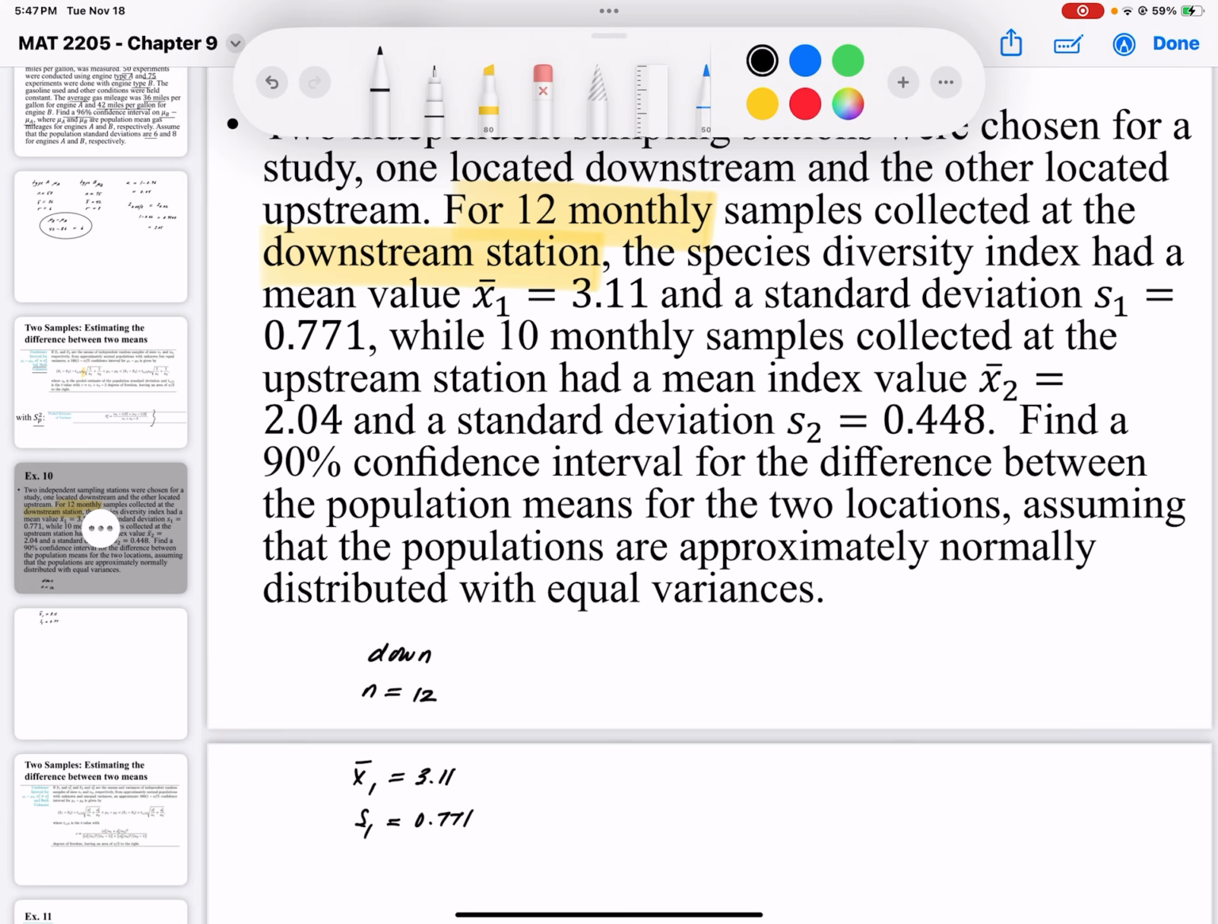And then I guess we had upstream. Clearly it's 10. So N is 10. Our X bar sub 2 is 2.04, and our S sub 2 is 0.448. What do they want? A 90% confidence interval. Okay, so now pay attention. If our confidence interval is 90,